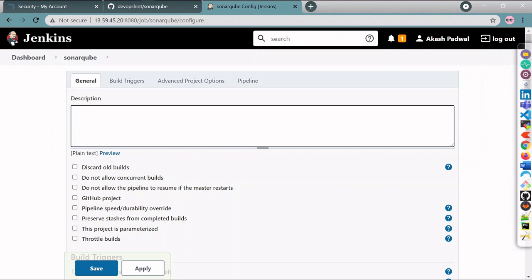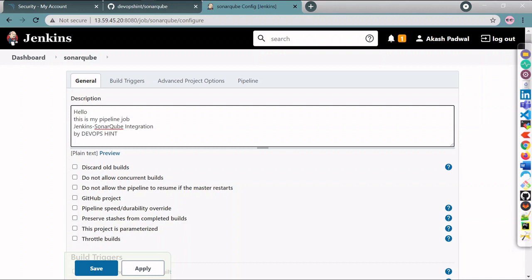You can give any description, like: hello, this is my pipeline job, Jenkins SonarQube integration by DevOps Hint.